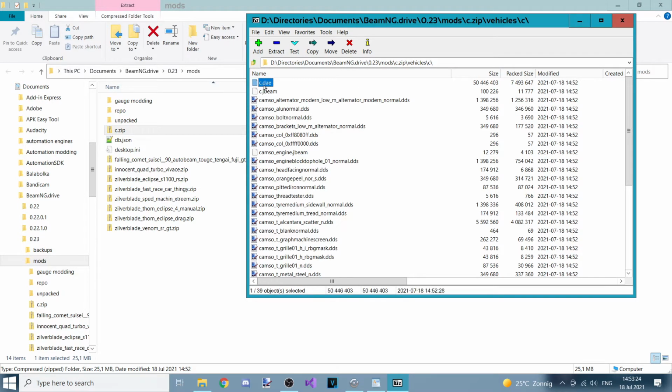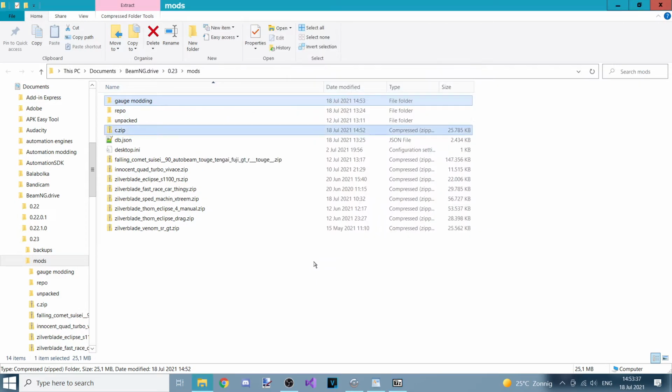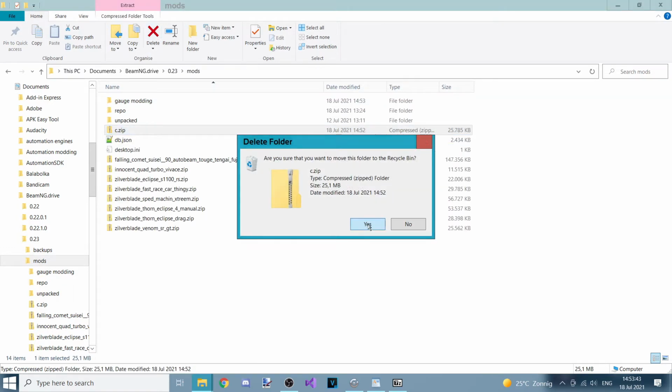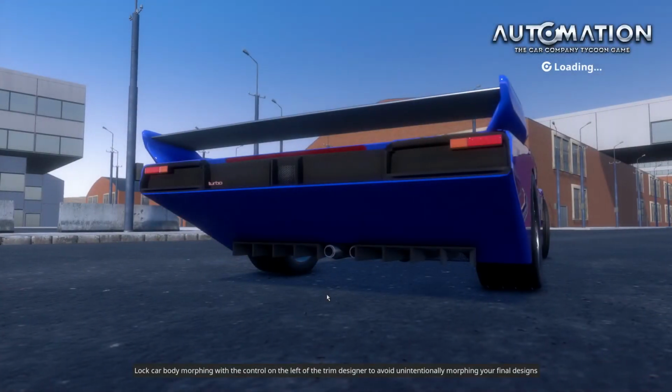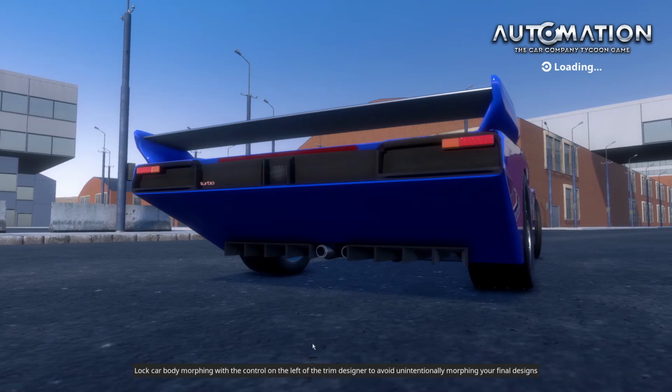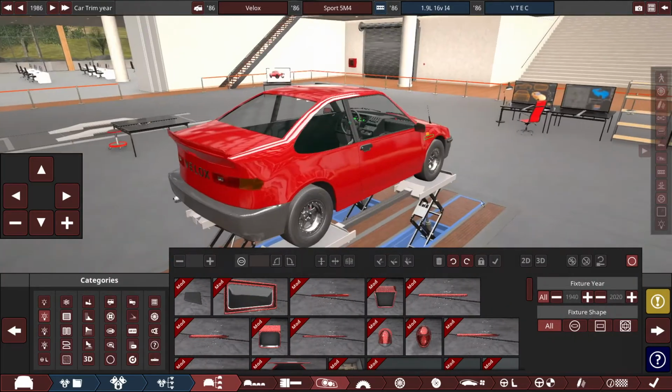And then you want to go get this c.dae file, or whatever car name, as long as it's super short. You want to drag it out, and you want to put it somewhere. I'm going to put this in this folder, and then you can delete this mod. And we're going to confirm that. I'm going to go back. You're going to go into fixtures,